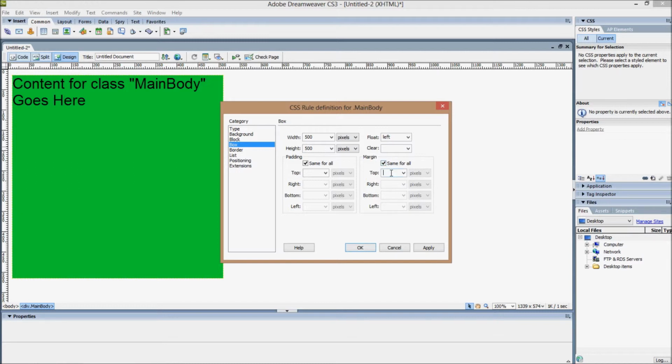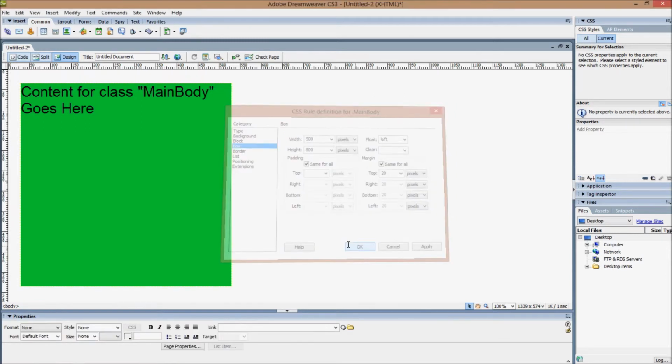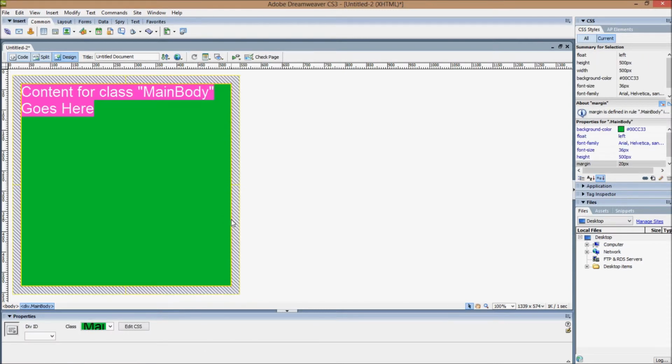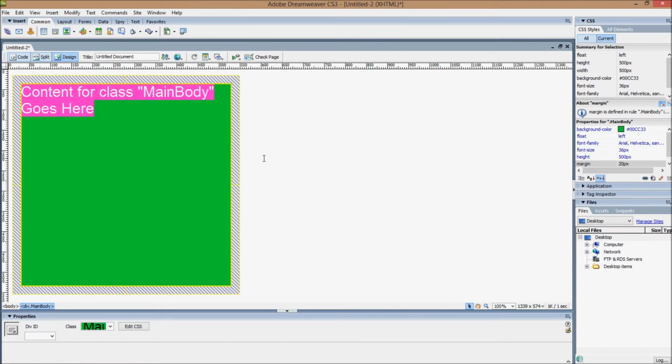And now we could add a margin all the way around, so 20 pixels width all the way around, because the same for all box is ticked there. I didn't untick it, and you'll see that it moves the object out into the middle of the table. Now, when you click on it and you highlight it, and the border gets highlighted, you can see here that the margin that we added all the way around is cross-hatched. So you can see here it's been highlighted. You can't see it ordinarily, but if we select it again, you can see where the margins are,